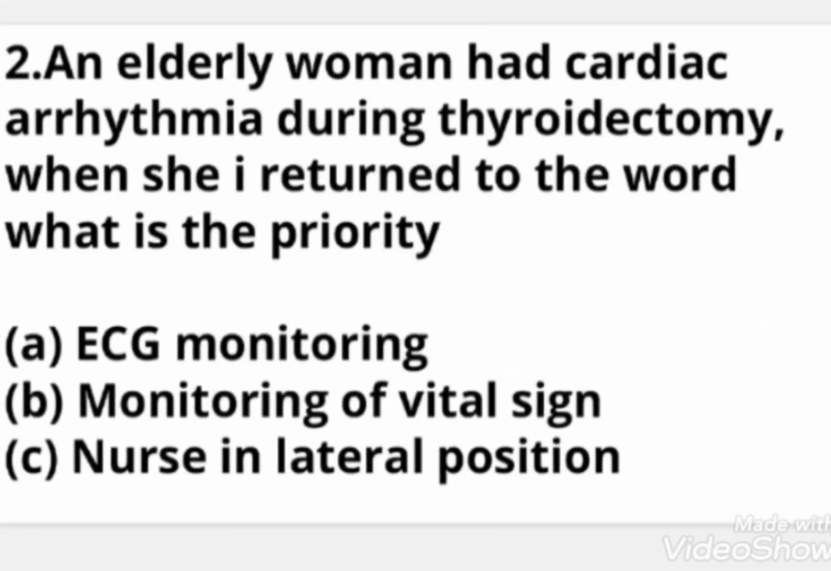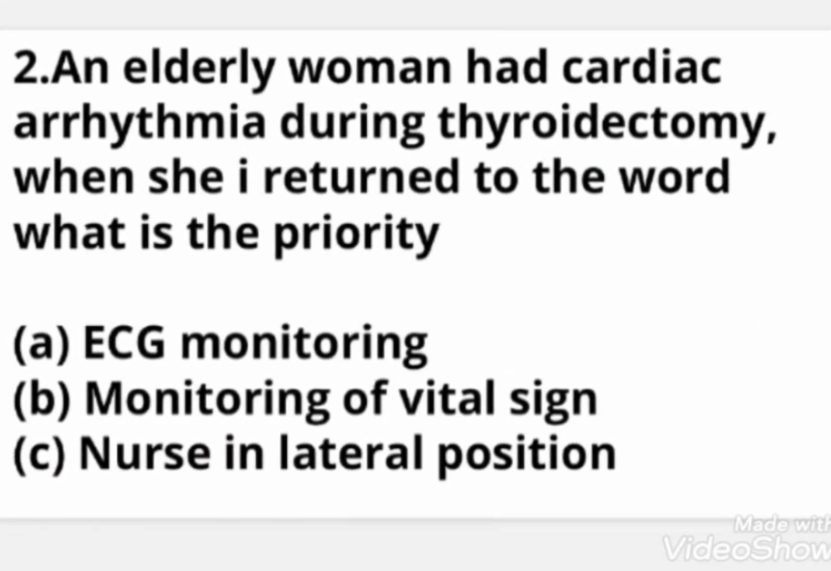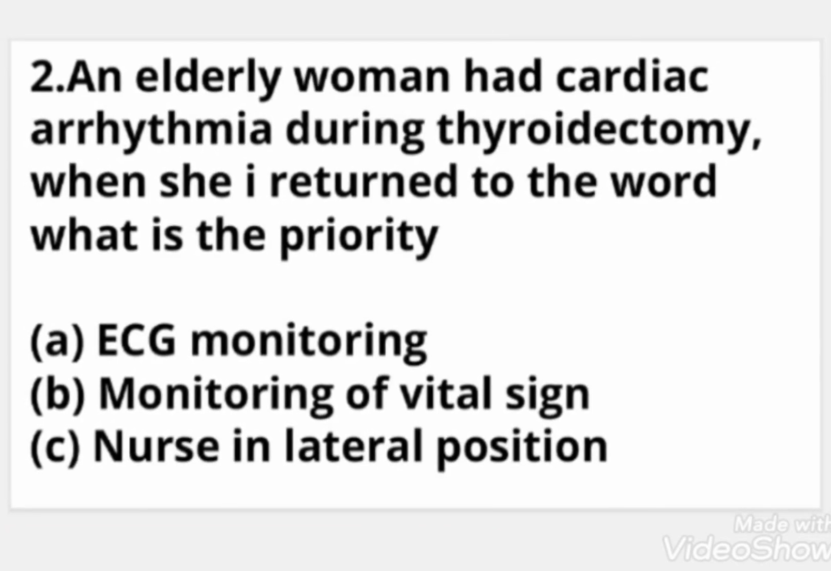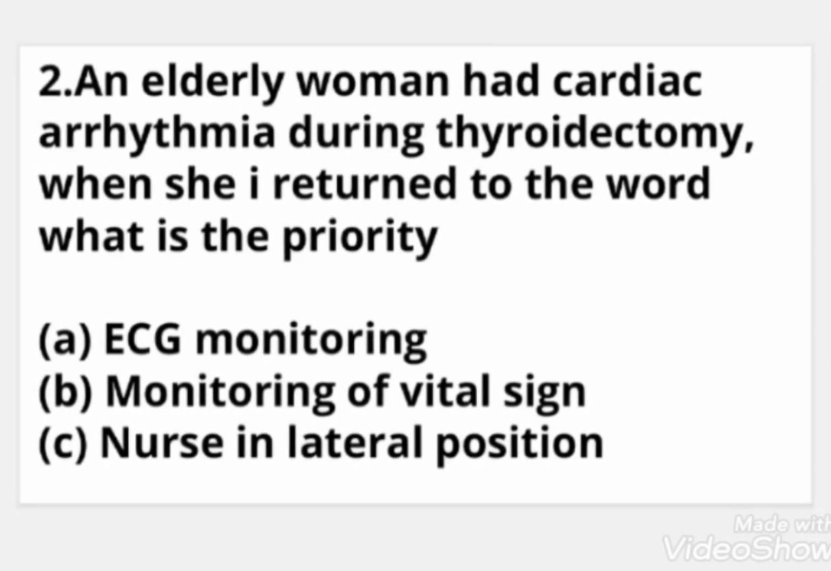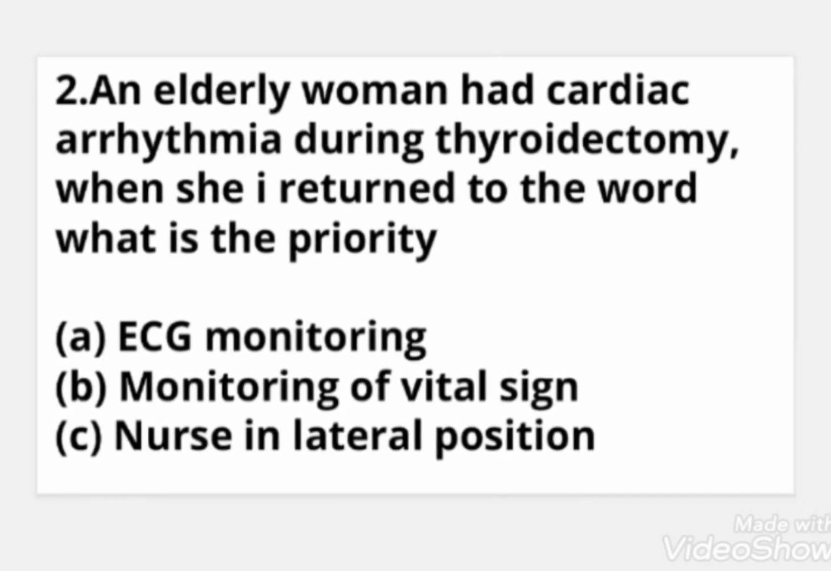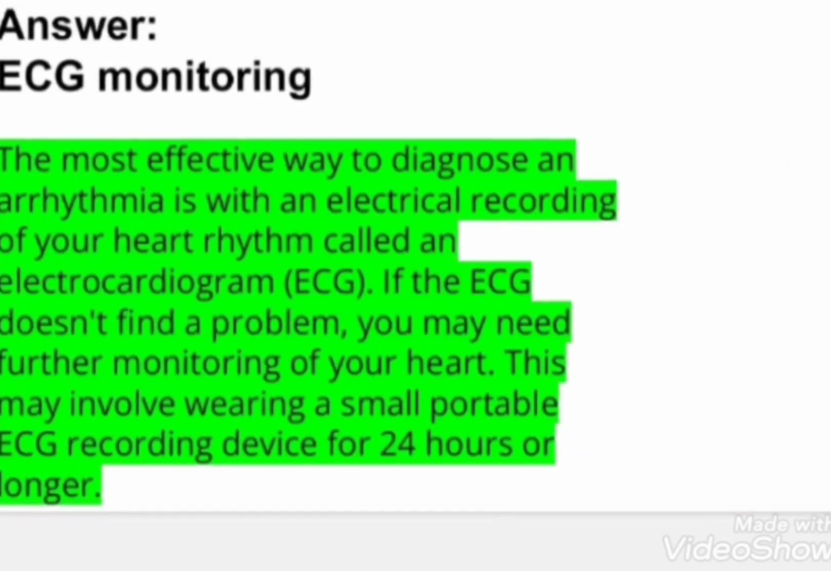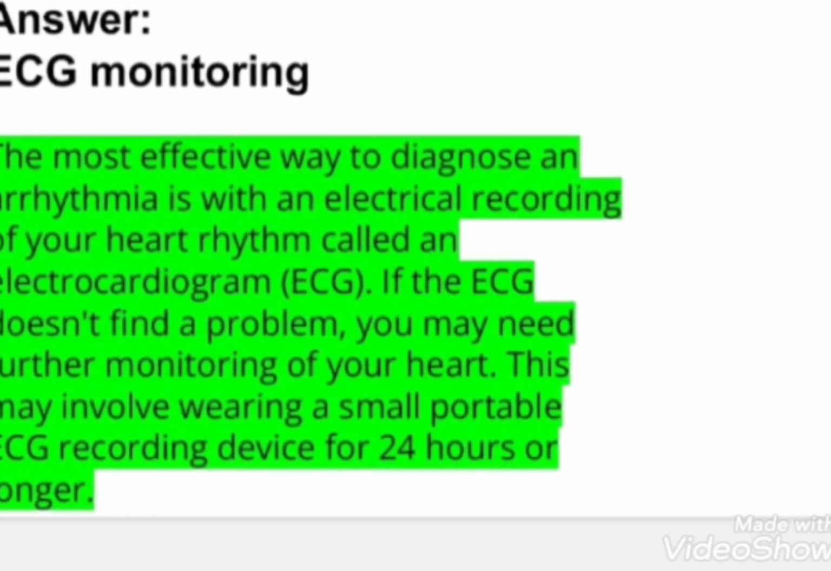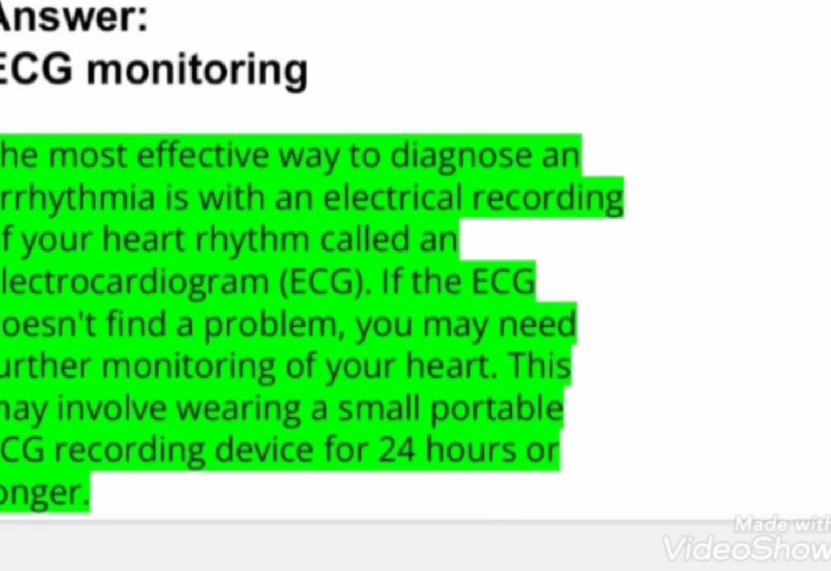2. An elderly woman had cardiac arrhythmia during thyroidectomy. When she returned to the ward, what is the priority? A. ECG monitoring. B. Monitoring of vital signs. C. Nurse in lateral position. Answer: ECG monitoring. The most effective way to diagnose an arrhythmia is with an electrical recording of your heart rhythm called an